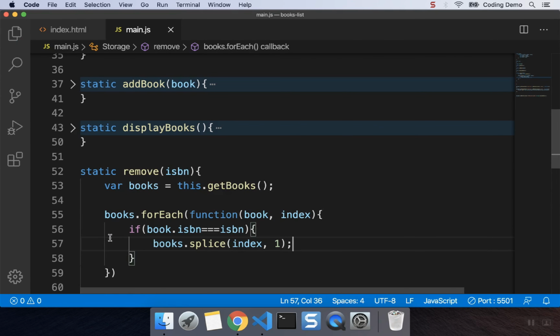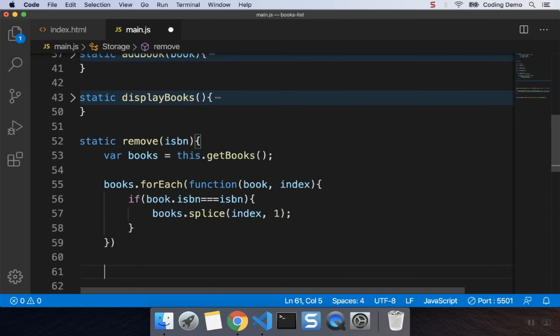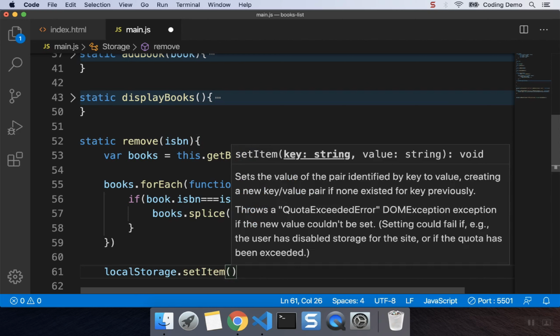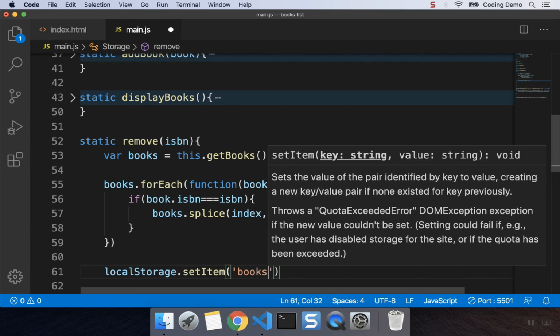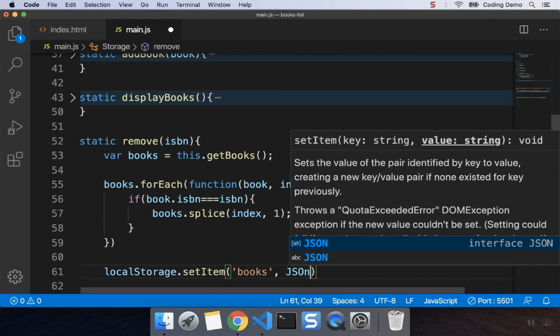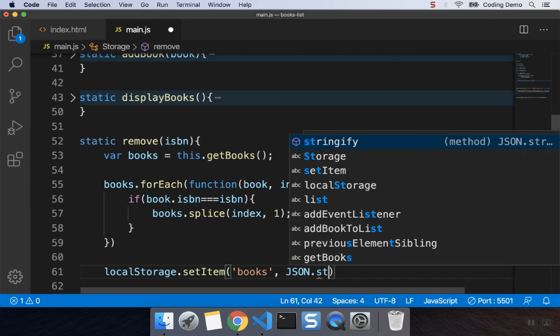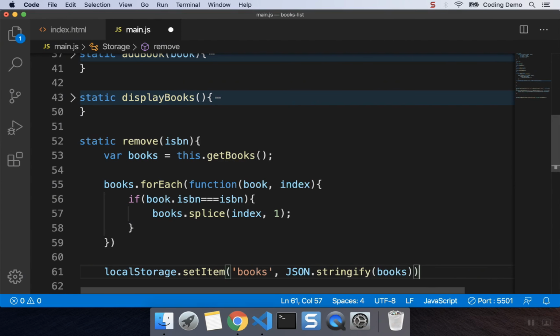Okay, great. Now once we have done this, we have to update the local storage. So let me say localStorage.setItem. Remember the key was books, and I'm going to be updating this array. So we'll say JSON.stringify books. All right, excellent. Now let's call this method